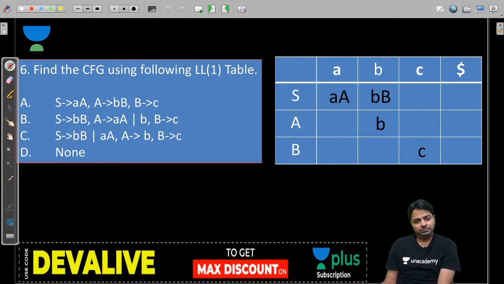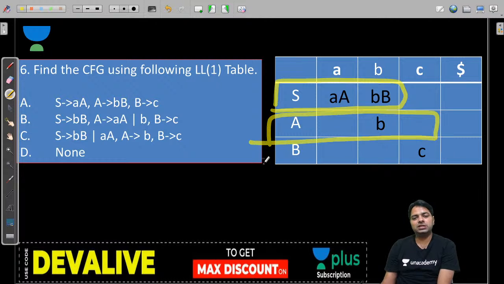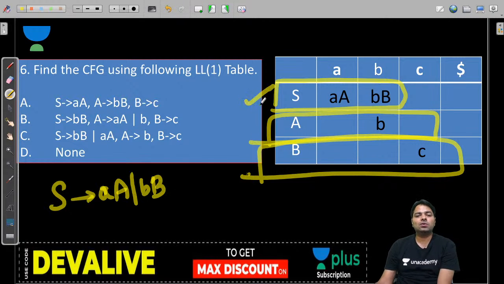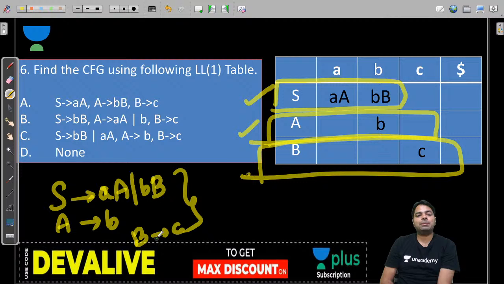And guys, you look at here, you have the S row. The S row will have S productions, the A row will have A productions, the B row will have B productions. So we will have something like S to AA or BB, because in the S row you will have S productions, in the A row you must have only A productions, and in the B row you will have only B productions. So this grammar is going to match with which option is going to be correct for you. Look at that, S to AA is wrong and S to BB is wrong, and yes, BBAA.